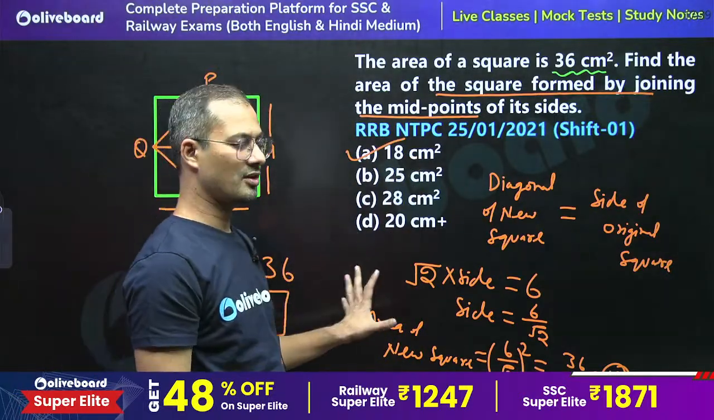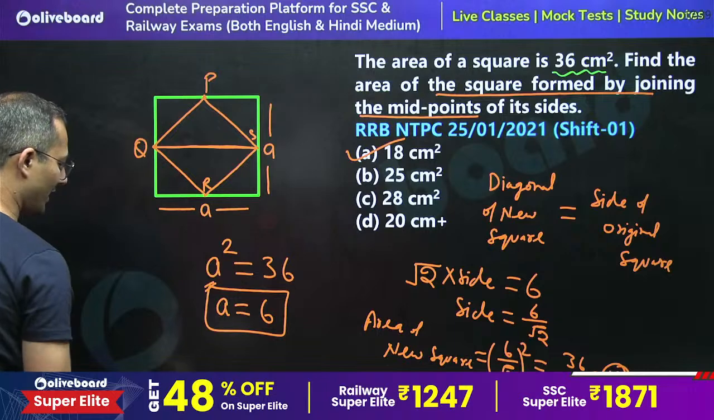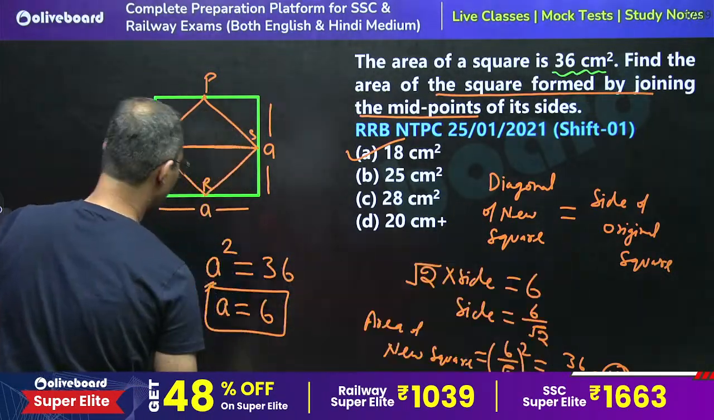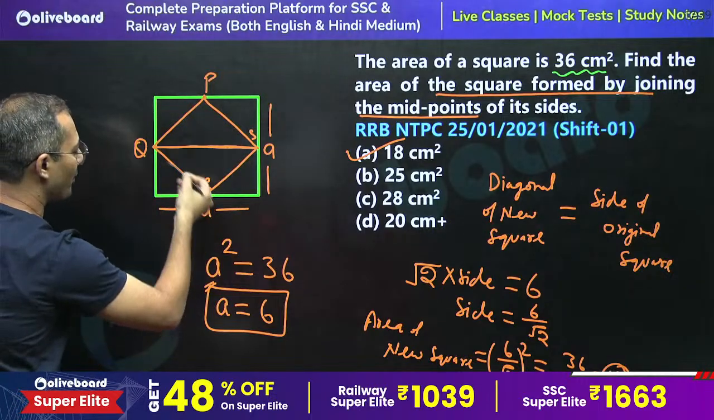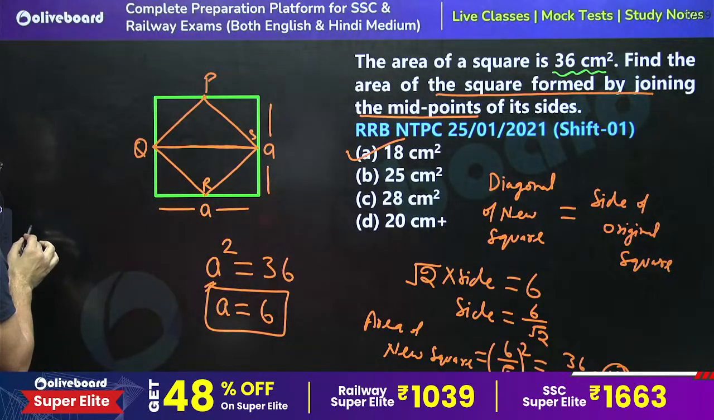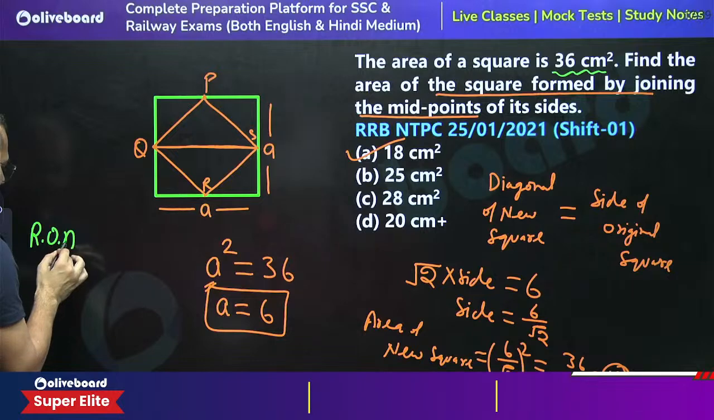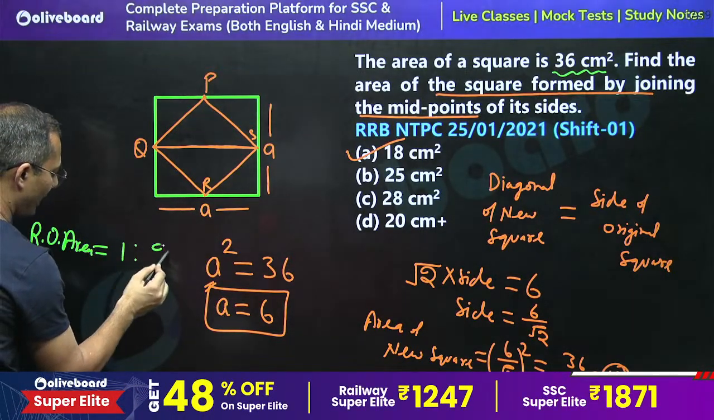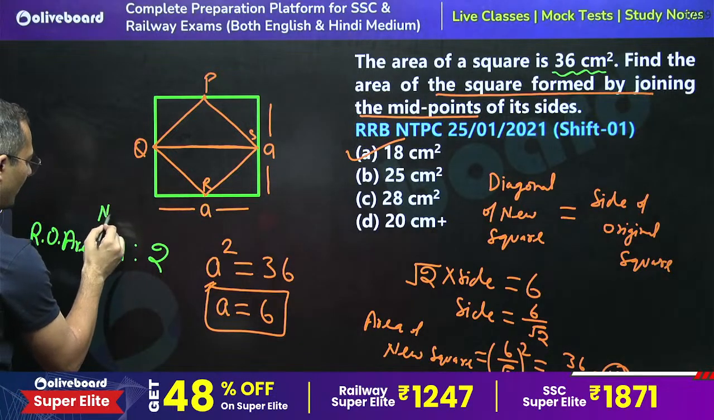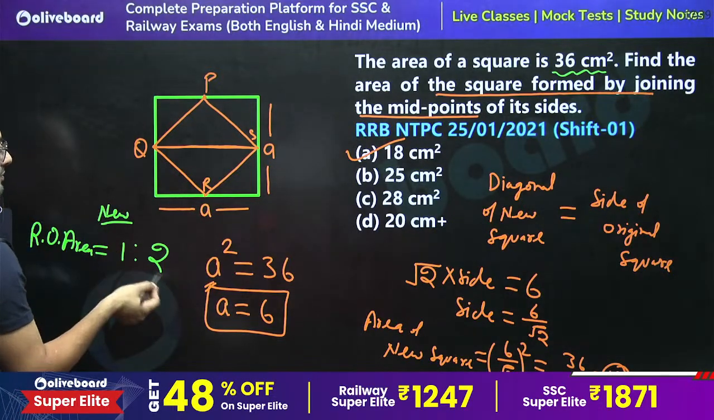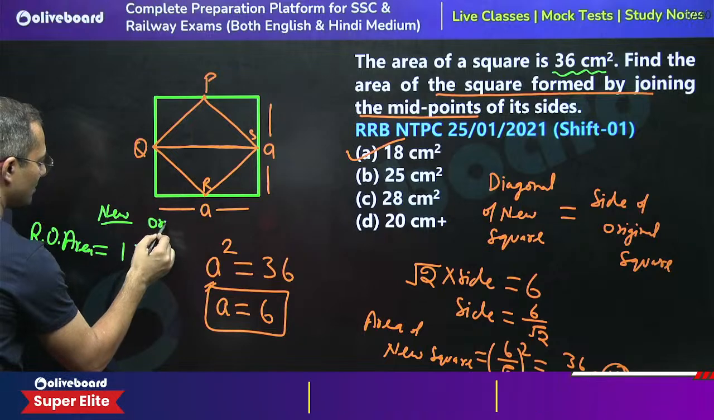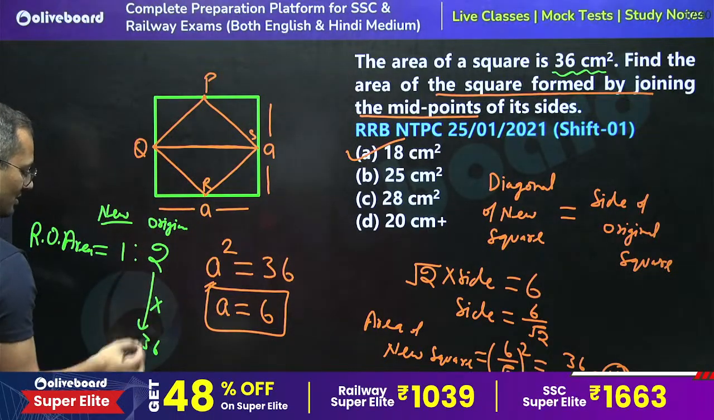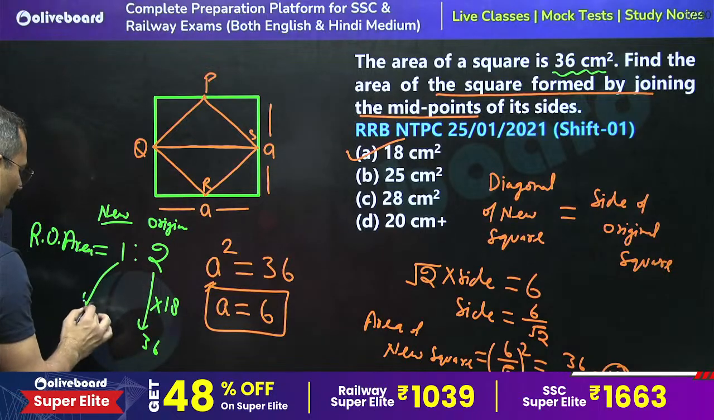So this is the basic concept, right? If we know the fact that for the square obtained by joining the midpoints of the original square, the ratio of area is always equal to 1:2, right? 1 is for the new square joined after the midpoints, and 2 for the original. So directly we can say that 2 is equal to 36, so 1 is going to be 18